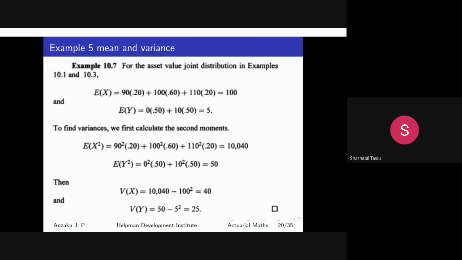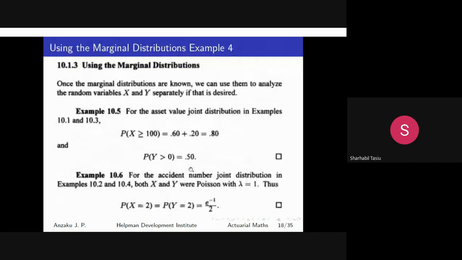So if we do that, we're going to get these values for the mean of x and mean of y, and then these values for the variance of x and variance of y. Now, looking at the variance of x and variance of y, can you make any inference concerning it in relation to the asset of the man we are talking about? Can you make any practical inference? Okay, all right, let's further it.